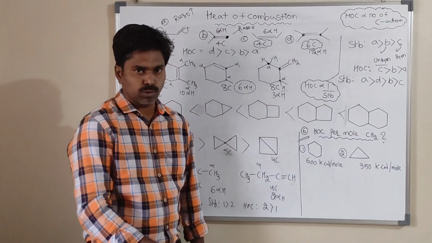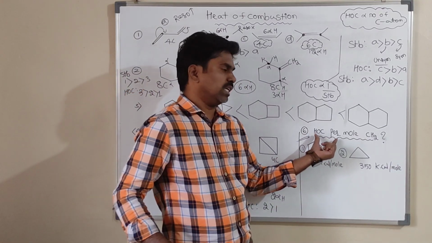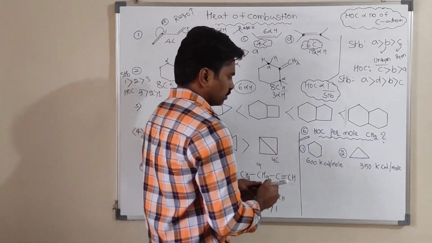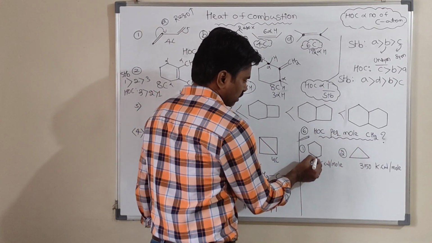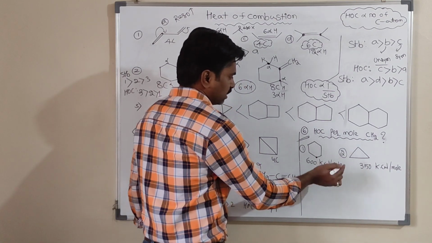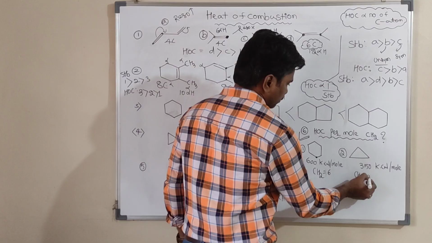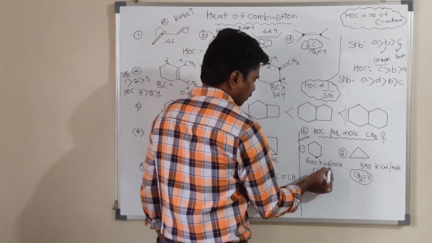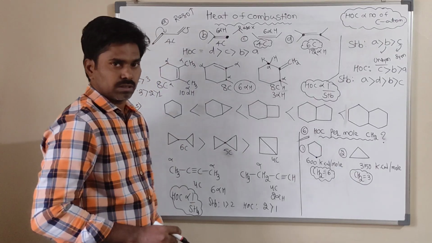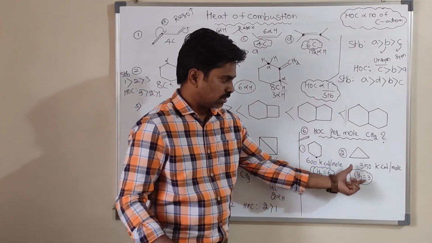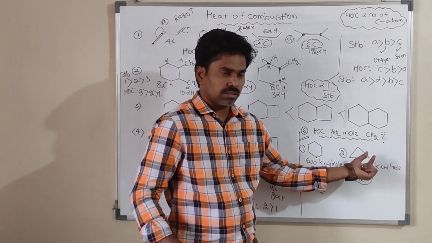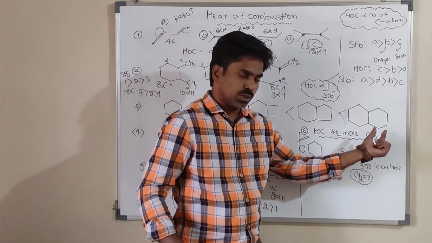The first is the mole. But what is the question here? Heat of combustion per mole. So now you have to check how many CH2 are there here. Here the number of CH2 is equal to 6, but here the number of CH2 is equal to 3. So finally we count the number of CH2: there are 6 CH2 and there are 3 CH2. In that question they are also asking per mole CH2